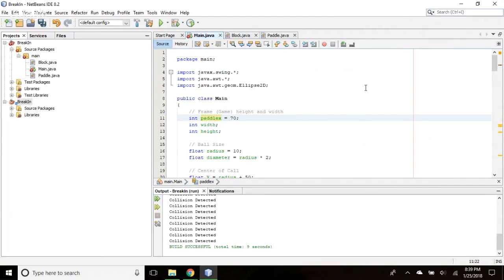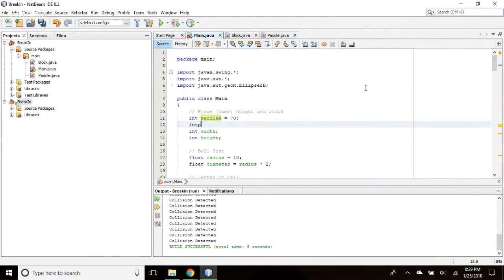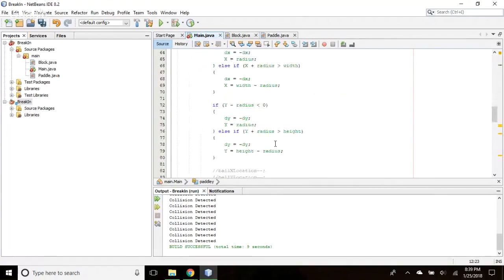And then paddle Y. Now we have to remember that we have a header, and do it as 700, I guess. That's too big. Okay, and then go down to where we've made the call to the paddle.